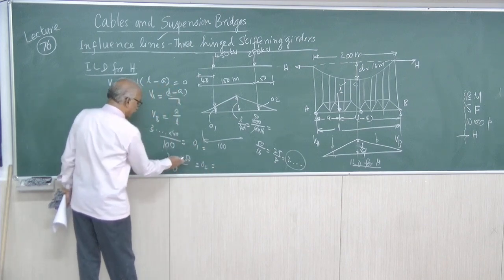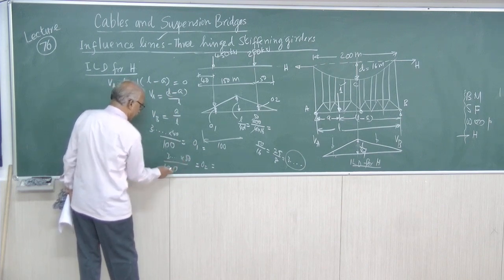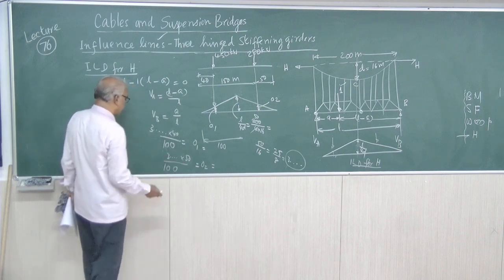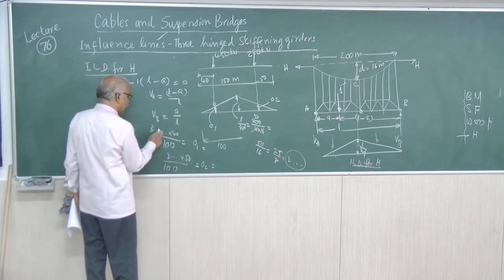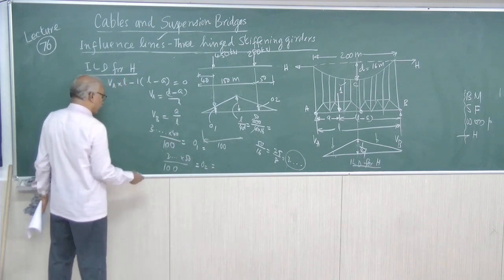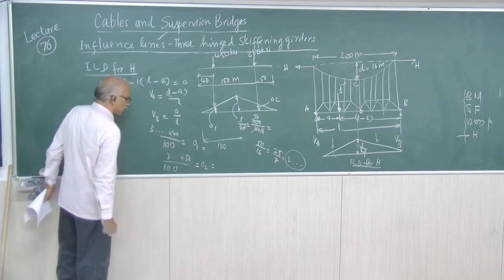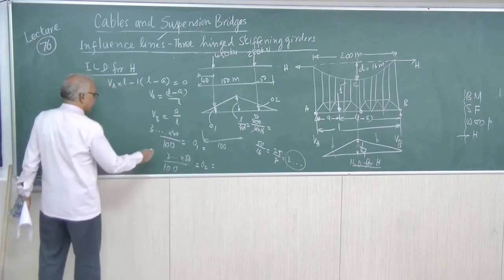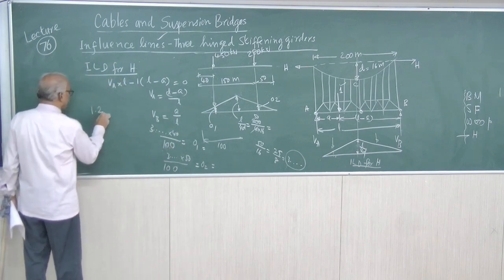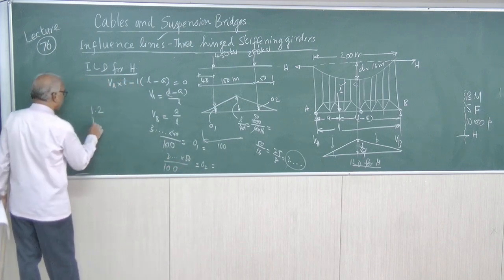O1 will be approximately 1 by 2. 0.5 by 100 is 0.5. 0.5 into 3 will be 1.5. This will be less than that value. So 0.4 into 3, approximately, let us forget about that decimal, just for satisfaction, it is 40 by 100, is 0.4. 0.4 into 3 is 1.2. Here 0.5 into 3 is 1.5.